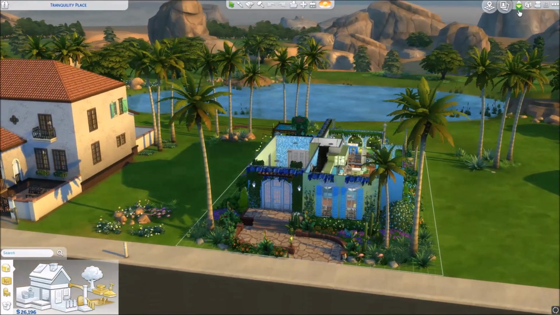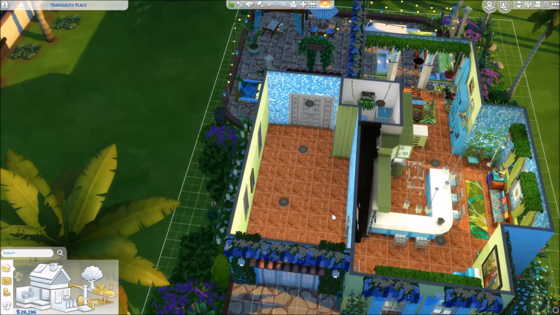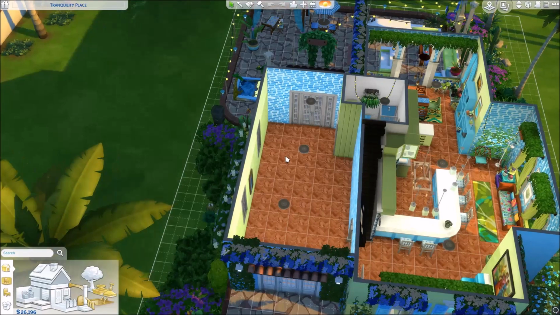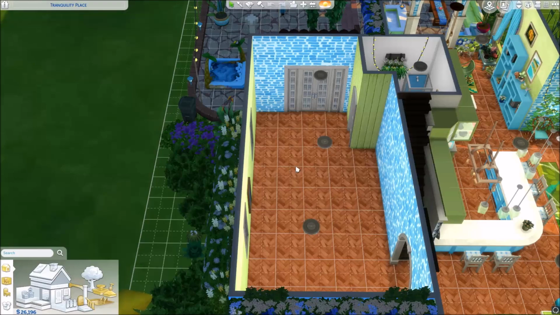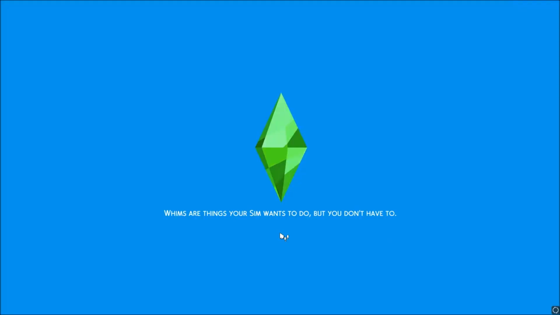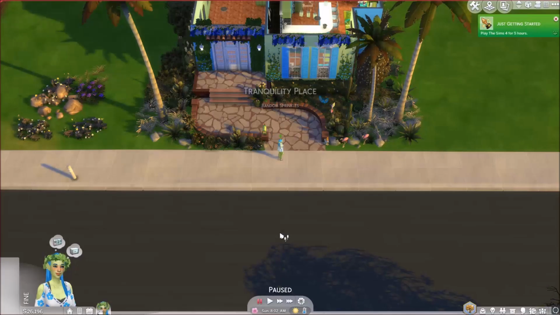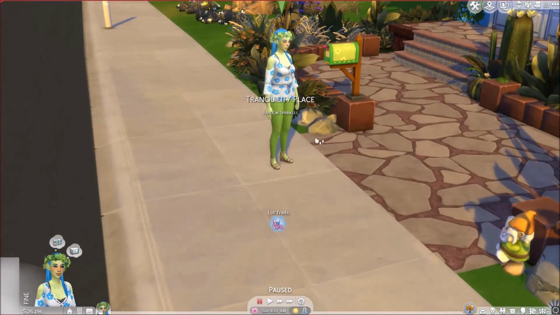I'm probably gonna wait to upload this house until I figure out what to do with this room. So please, please, please help give me ideas down below. I don't know what to do. Worst comes to worst, I'll make it a living room, but I just feel like I could do something cooler with it. So we'll play a little bit, because I'm just excited to finally play,